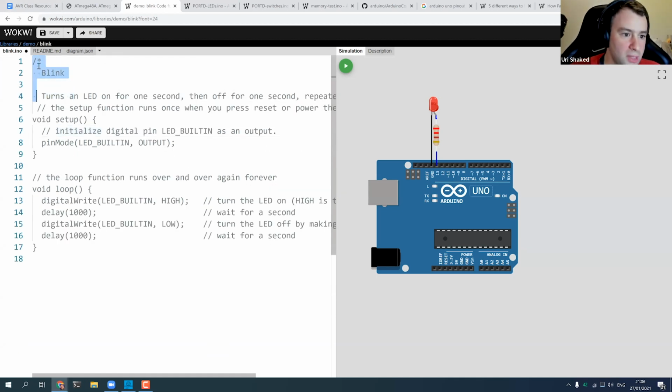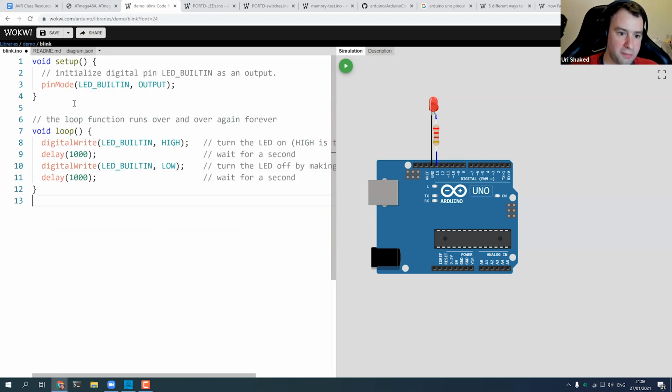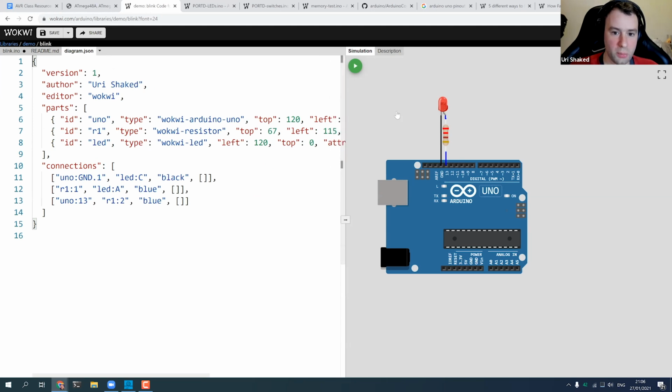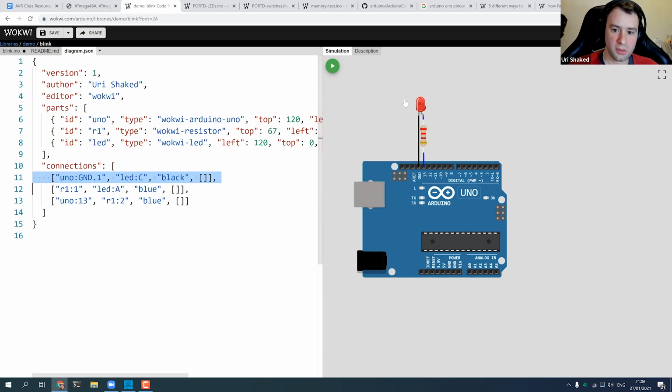Just to get you familiar with this, basically we have the Arduino source code on the left side of the screen. And then we also have a file that defines which parts we have in the simulation. So in this case, we have an Arduino Uno, a resistor, and an LED. And then there is another section that defines the wiring, the connections. So Uno pin ground is connected to the cathode of the LED.